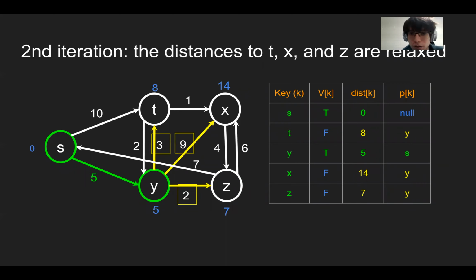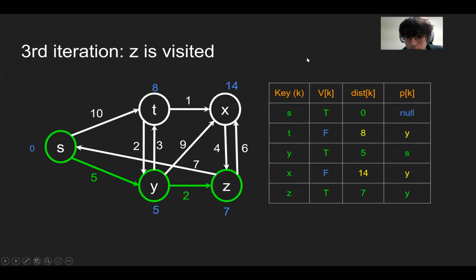Yeah, so as we see, distances are relaxed. Okay, so next thing we do is we visit Z. Mark it as visited, and we're marking it as green, right? It's green, part of the actual solution. When we do this, now we need to do what? Relax the edges on Z. So we do that. What are the edges? Well, this one and this one,